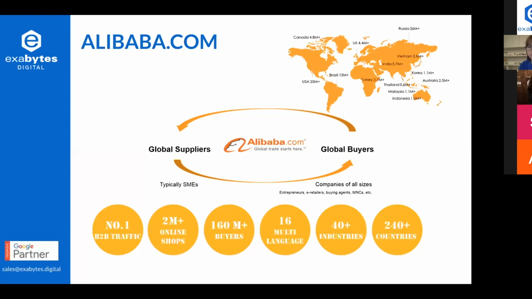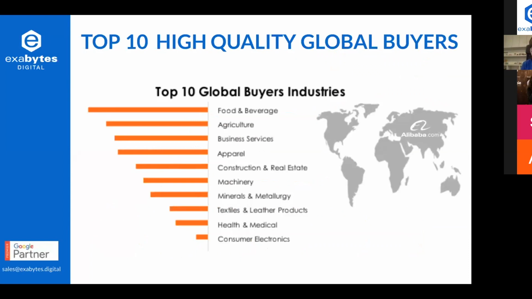Because in Asia, I can still see the data showing that the supplier hub is there compared to the USA and Canada. But this will be mainstream for you all as Asian countries to start producing, and start thinking about how to trade to Western countries, and to different platforms and countries, to increase your sales revenue online. Another thing I want to share is the high quality global buyers.